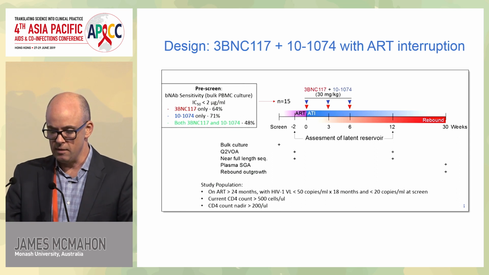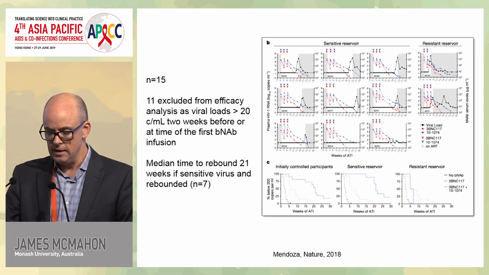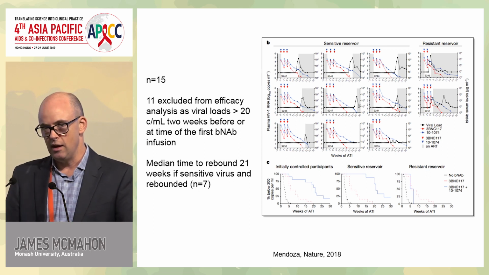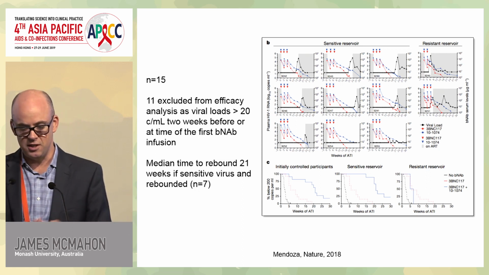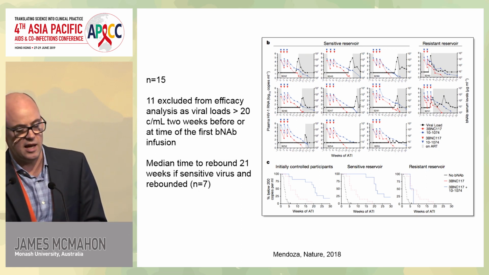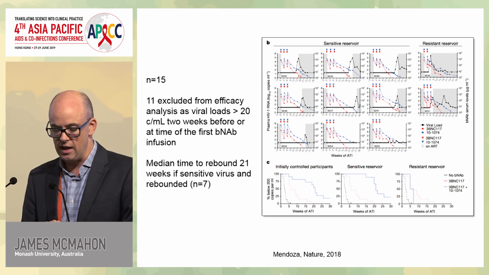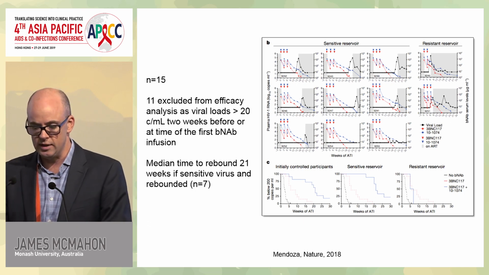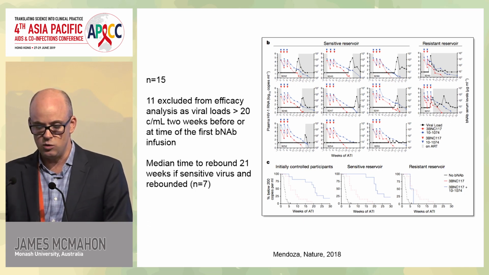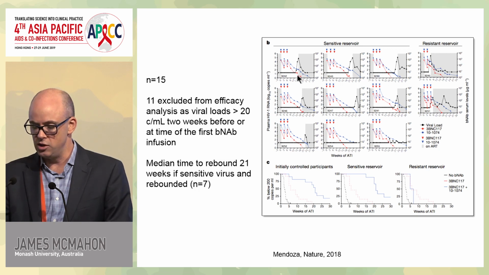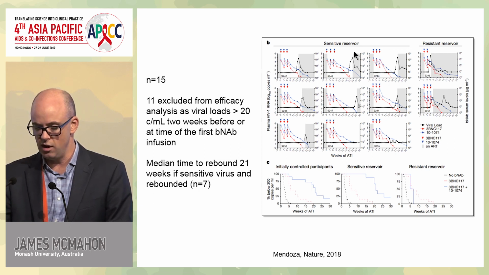And this is the main sort of findings of the paper. Essentially, viral rebound was delayed for up to 21 weeks. I won't get into all the details of the sensitivity testing, but if the individuals were sensitive to the antibodies, there is some testing that needs to be done for that. That rebound was about 21 weeks. And by and large, it's when the red and blue lines you can see in these little individual patient graphs, when the antibodies disappear from the system, by and large, the virus does come back over time.